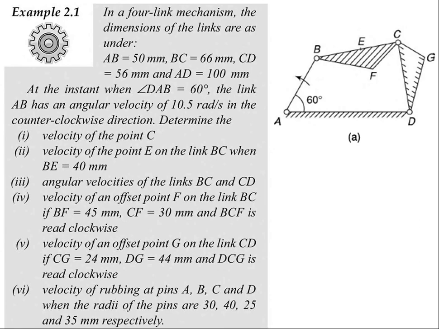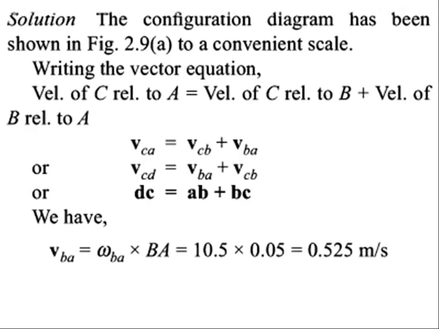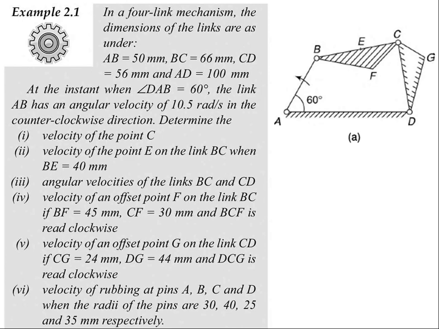Sir, we can draw the offset point F in the opposite direction also, no, sir? Upward? If you try to plot, what will happen? In the vector diagram it will come outwards, inward. This figure will be given in the question. The question paper itself will have it, so as you see the image in the question, you should draw it like this only. You can't take other ways and draw. They have given this figure in the question paper. Okay, sir. So you have to plot in that manner.